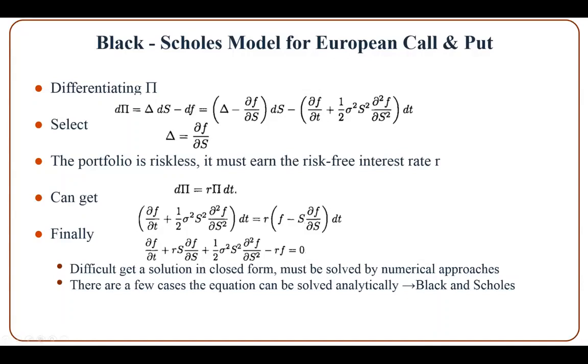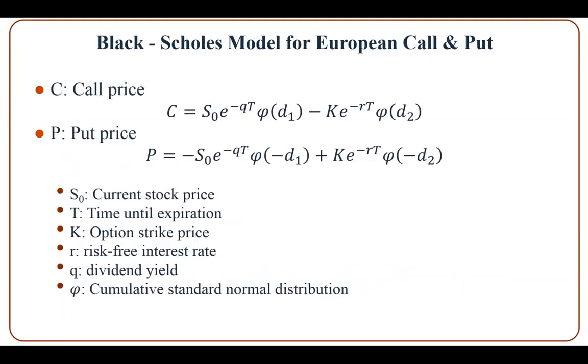It's difficult to get a solution in closed form, and it's normally solved using numerical approaches. And there are a few cases where the equation can be solved analytically, and that is the case due to Black-Scholes. And we have the solution for a European call and put, in which S0 is the